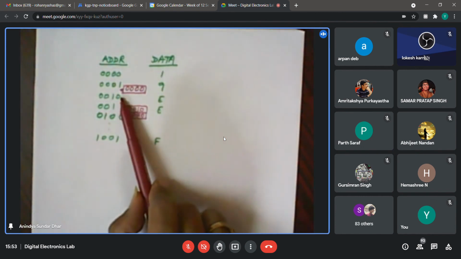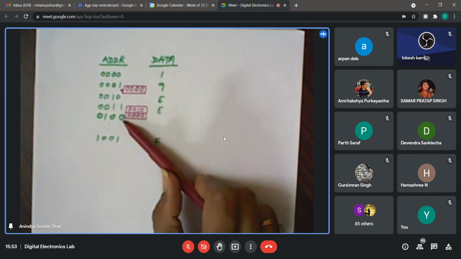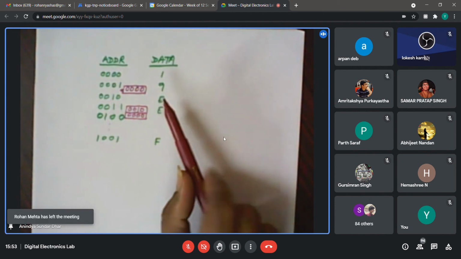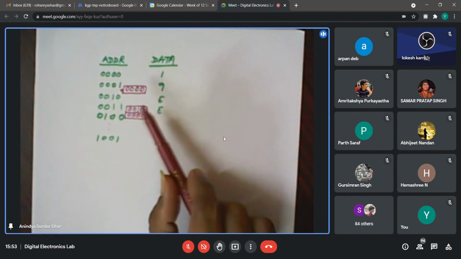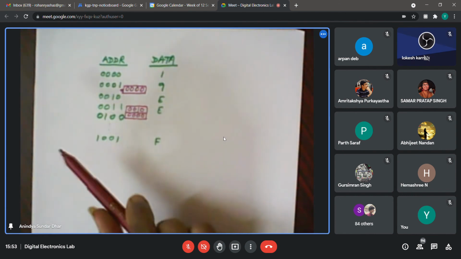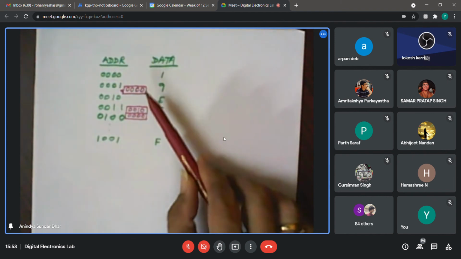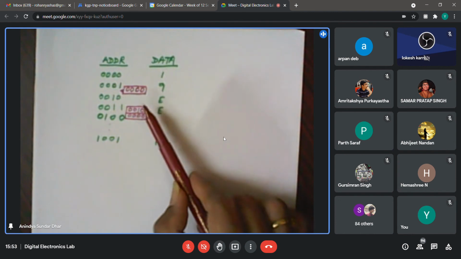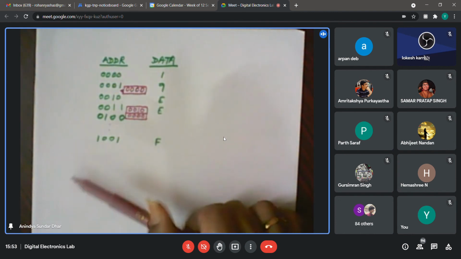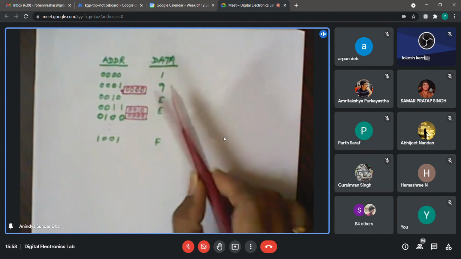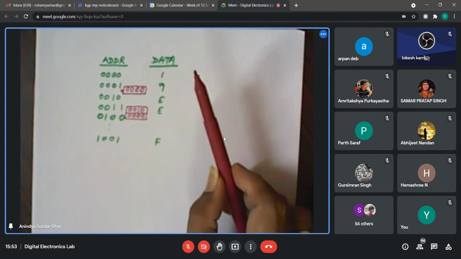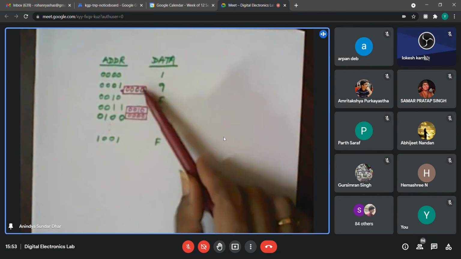Whenever you are changing the address, until the address has stabilized, you should not make the write enable active. That is a general rule, but for that you require some additional hardware. Right now, in the lab it may work sometimes because of the delay generated by that RAM before the address settles. But in the simulator, everything is determined by your tick period, which is 1/10 of a clock period. So here you will find the problem of overwriting.